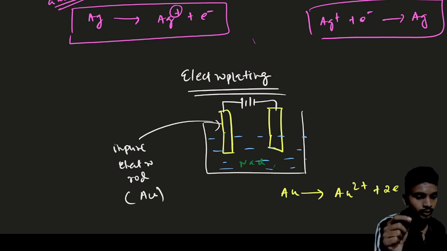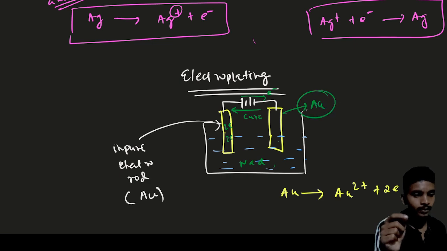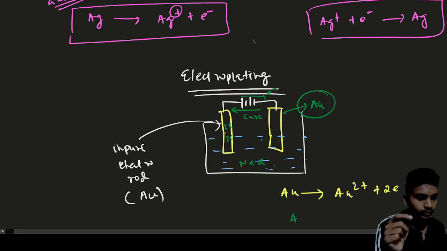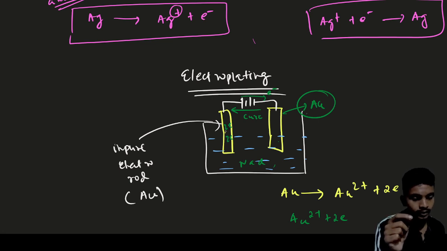Okay, and what happened, this Au2+ forms, then these 2 electrons will go here and this will go here. Current will flow from these sides, this is current flow, and electrons are flowing from here, and this is another rod of Au. Then what happened, here Au2+ will accept these 2 electrons. This Au rod gives Au2+ and 2 electrons,